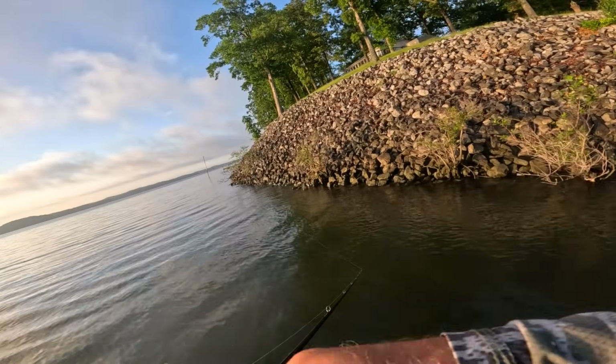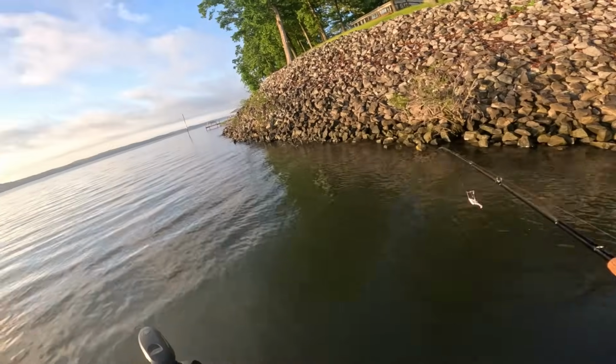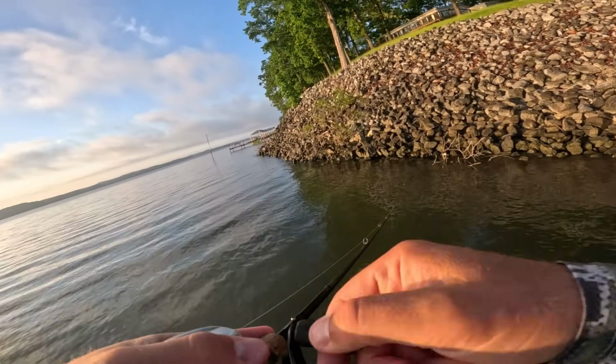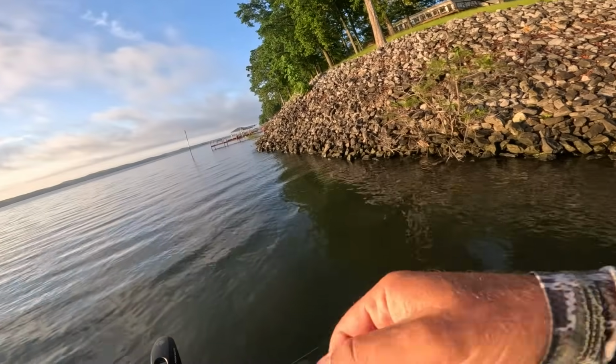I definitely would like to see some shad, you know, following me in or bumping my blades or something. I'm not seeing any of that. The water is still kind of chilly. It says 65. It's the middle of May. So there might not be a shad spawn this early, or if there is, it's definitely somewhere else